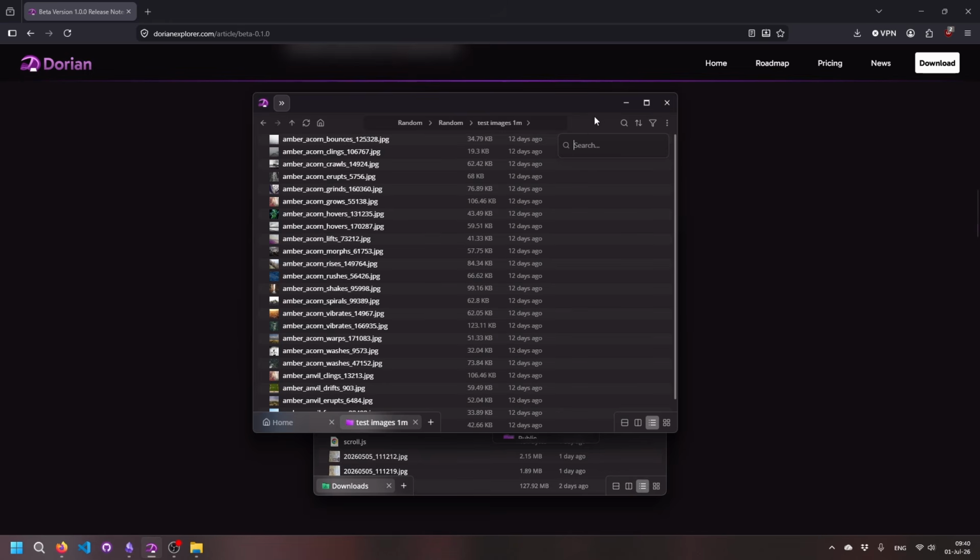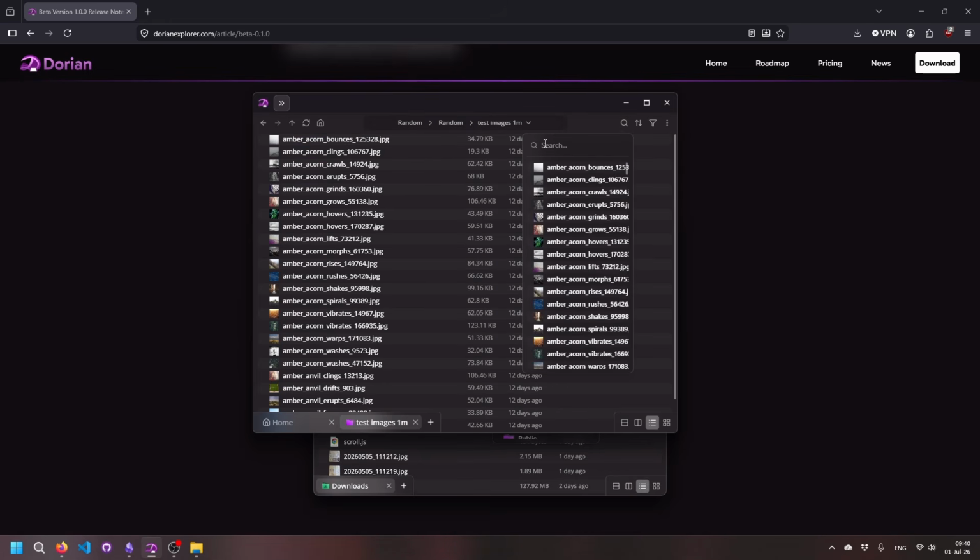And this isn't just bound to this search box here. If you open the path bar breadcrumb, you see a little search icon here too. And if we do the same thing, Amber, Acorn, Washes, or if you just have 1, 2, 3, 4, 5,